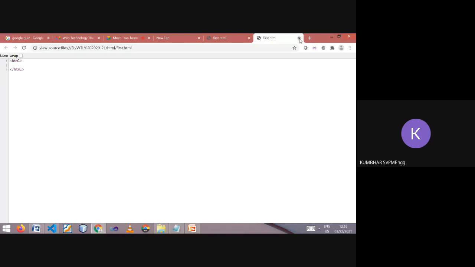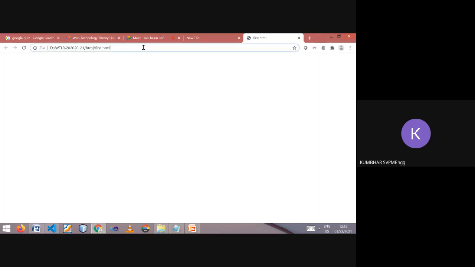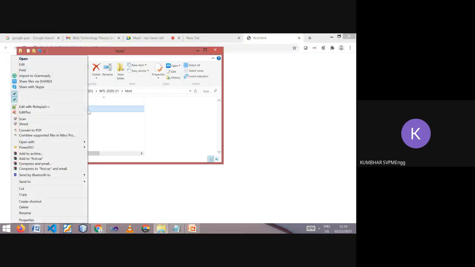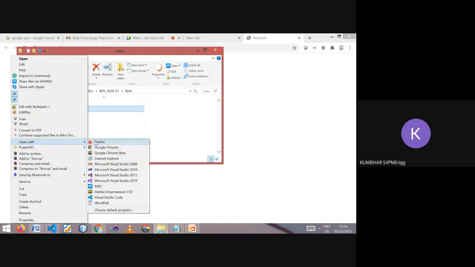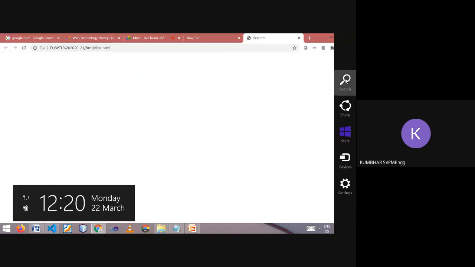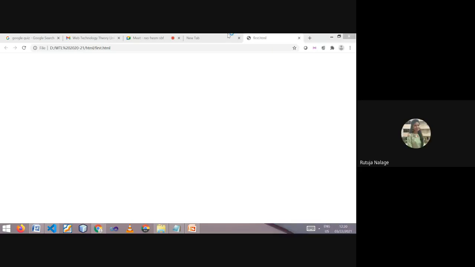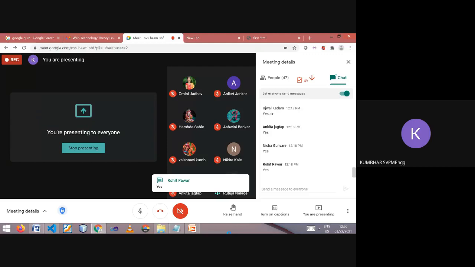Second thing, how have I opened this file? I opened this file by going to that folder, right click and open with Google Chrome. Then this file is open. Correct? Give me a reply because I am not able to see the full screen. Okay. But actually this is not the proper way to run